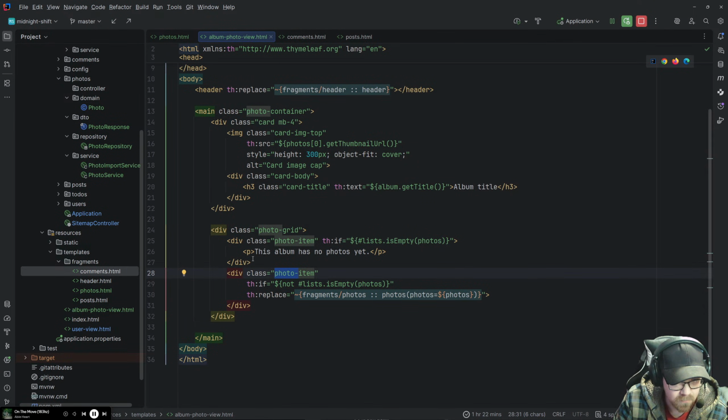If it's empty, no photos. Down here, we're saying that if it's not empty, then replace this fragment with photos and pass in the photos.